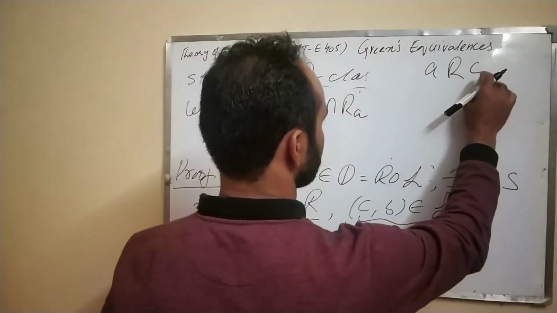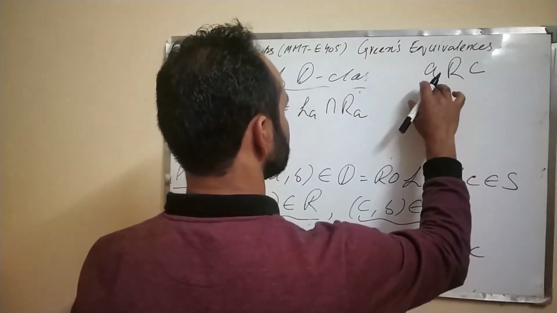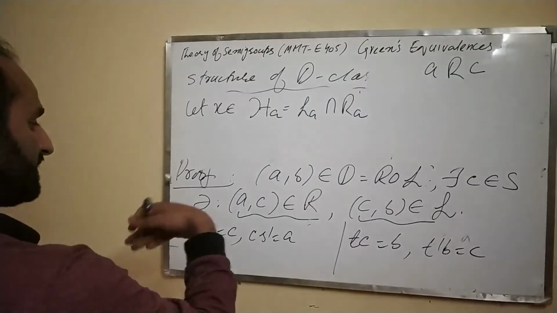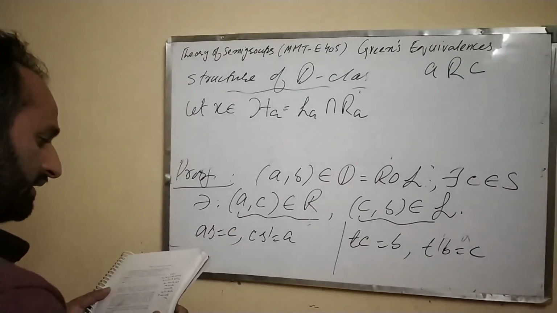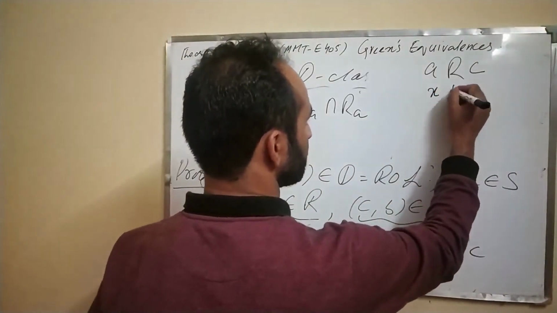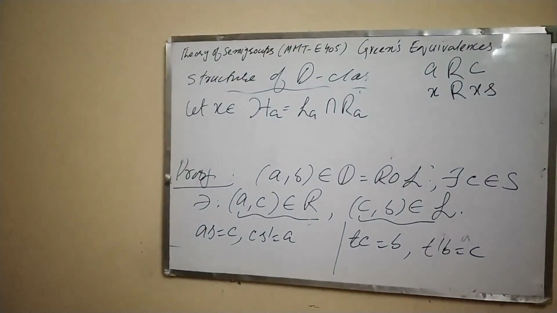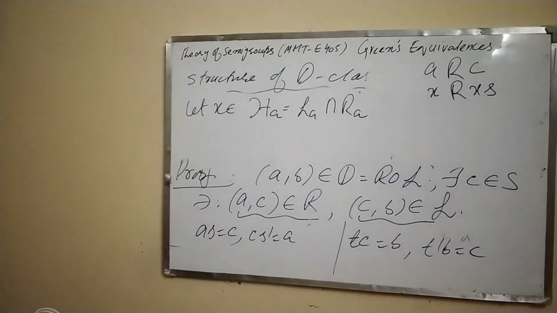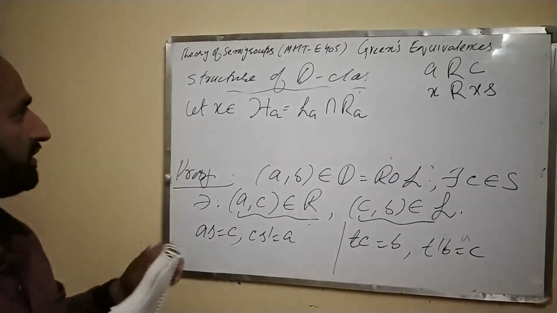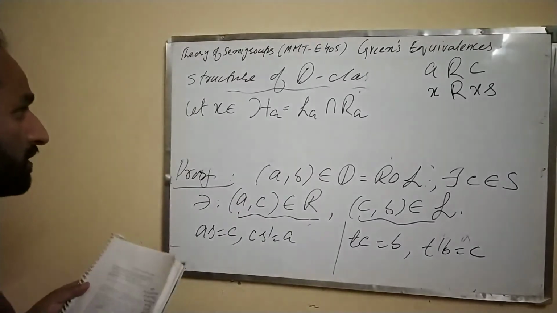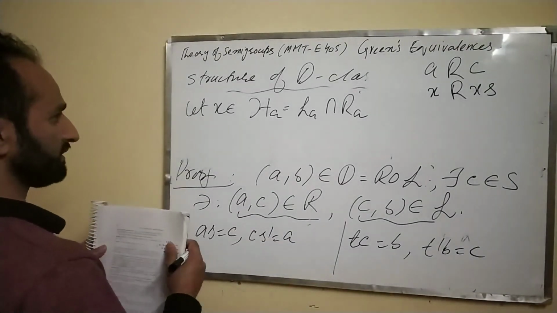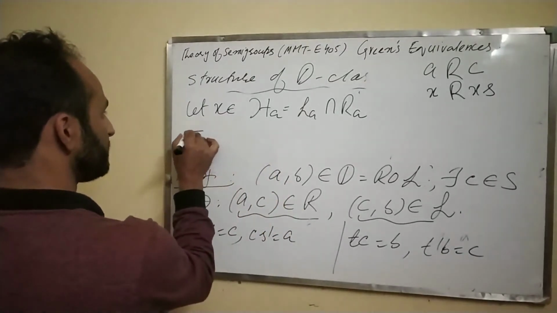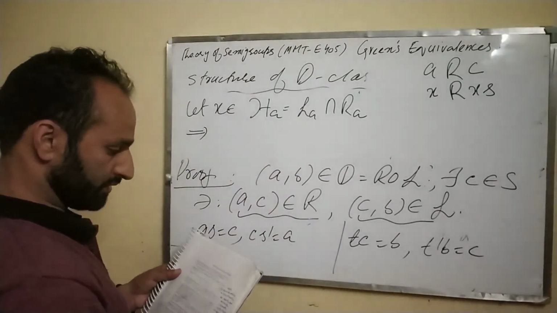So this X is also L related. Whenever A and C are related to each other, then what's the image of X? That's actually XS. Then X and XS are also R related, because it's R preserving when restricted to LA. So X is in HA, and this means that X is R related to A. So X is R related to A means that, since R relation is right congruence, then